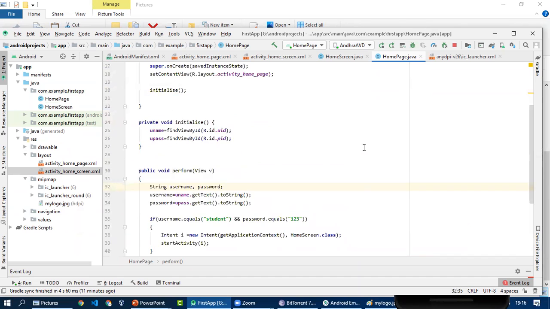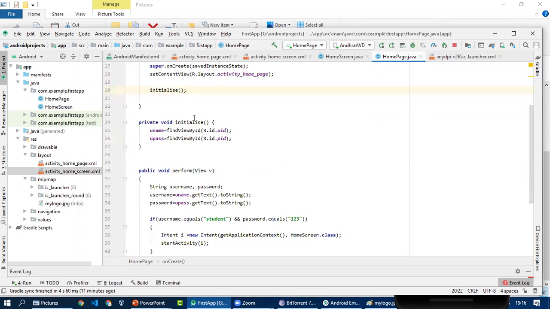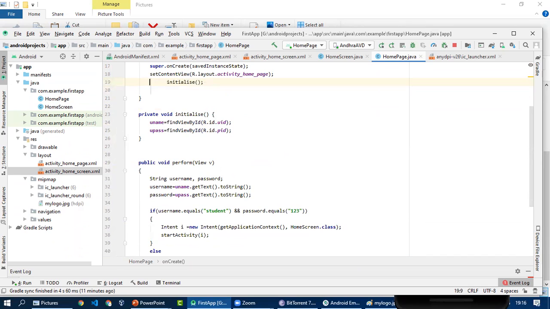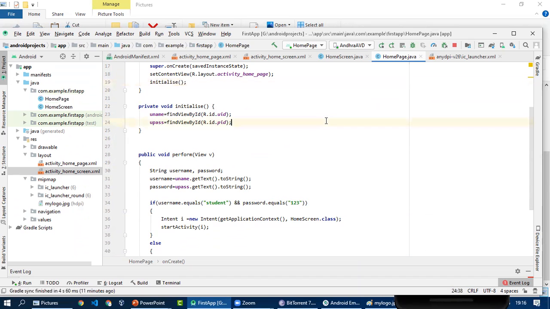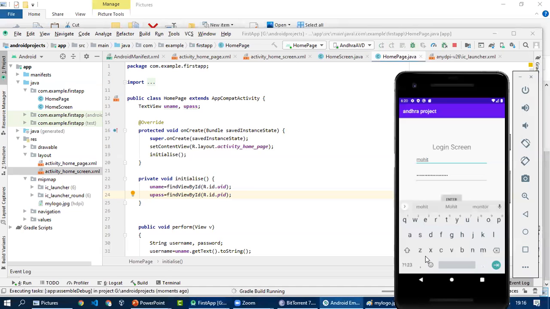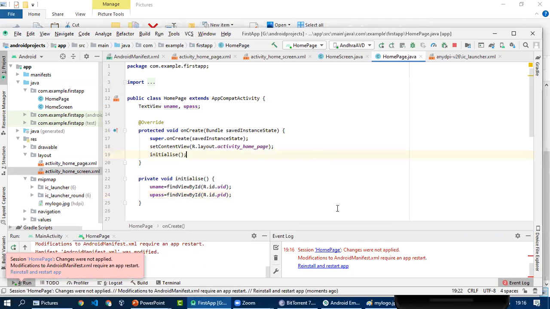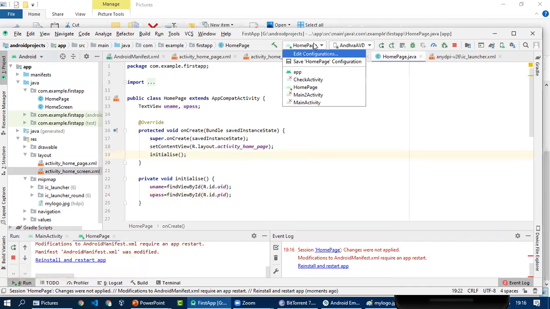Okay, this is just the program, and as we have not used the button to implement the functionality by code, we have erased the declaration. Okay, so let's run the code.